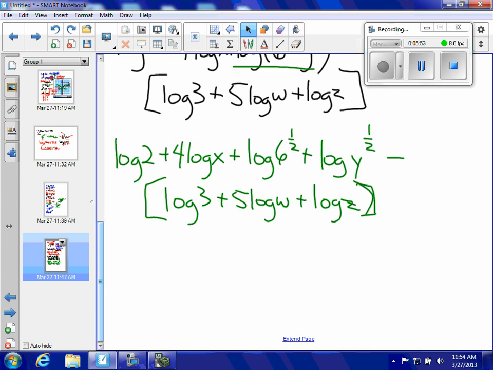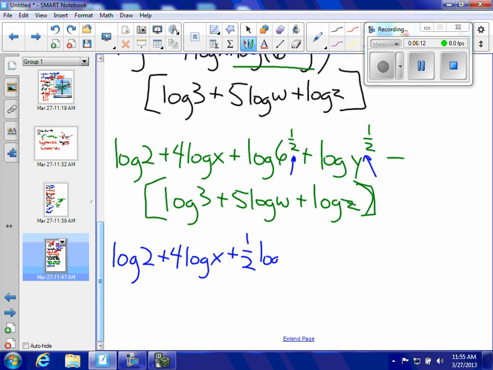Still a little bit more I need to do because I have powers right there and right there. So I have log 2 plus 4 log x plus 1/2 log 6 plus 1/2